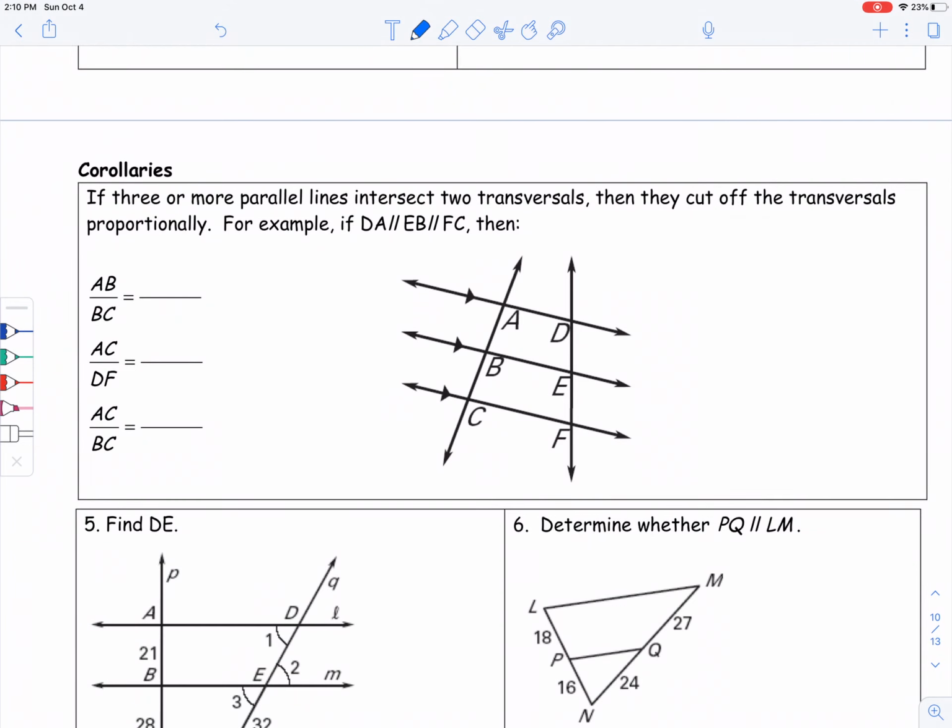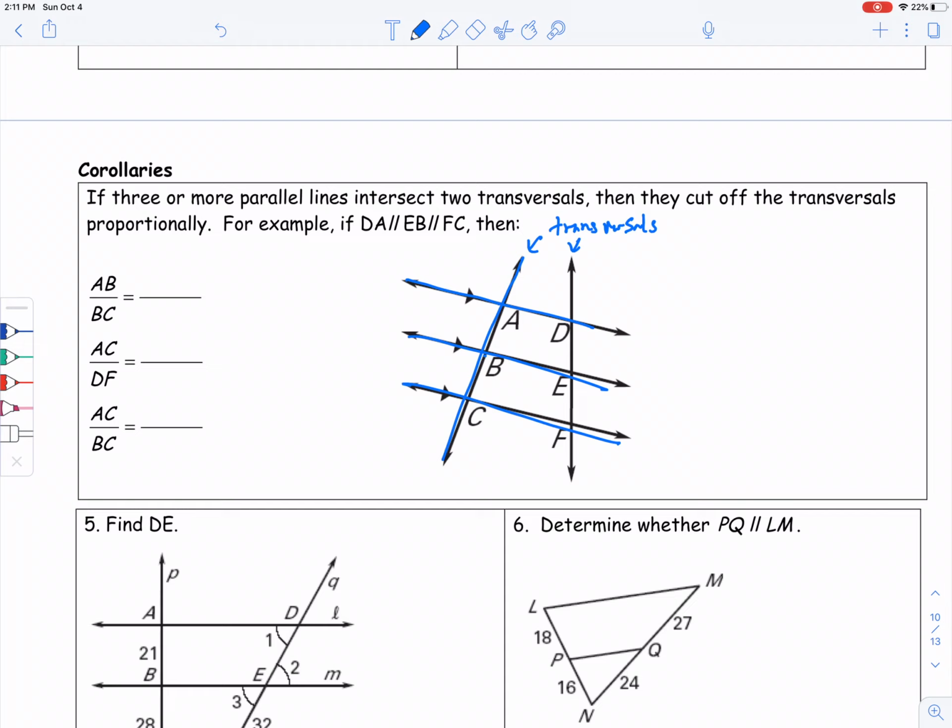Our final proportionality theorem will be using parallel lines and transversals. So we talked about what transversals are. Again, transversals are just lines that cross or traverse through multiple lines and intersect them. So these two lines here are our transversals. So if three or more parallel lines intersect two transversals, so we have two here, they cut off the transversals